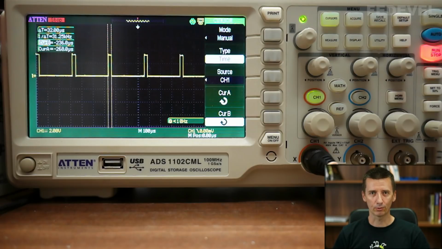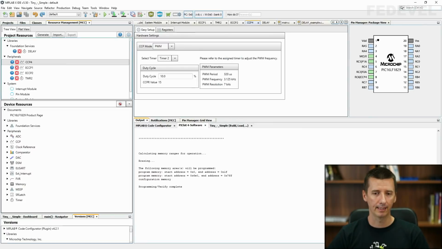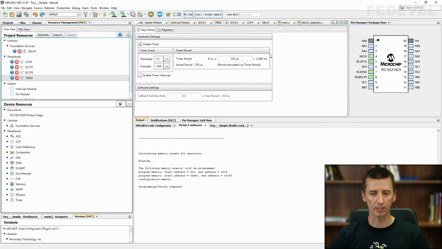If you would like to change something in these settings, then go to MPLAB, and for example, if you would like to change the frequency, double click on our timer and you can change the settings here, okay? This is the place where we set the period 320 microseconds. For your LED or for your application, maybe you can use different numbers. For this tutorial, I just use 320 microseconds. There is no special reason for this. You can use anything what works for you.